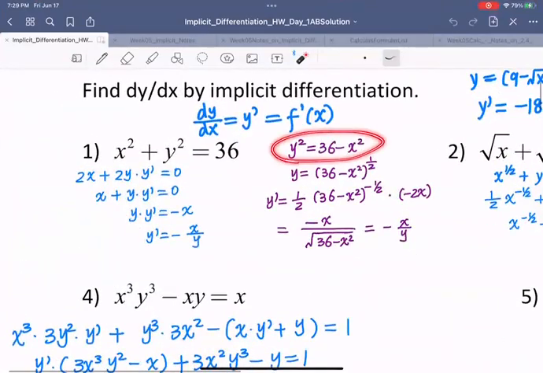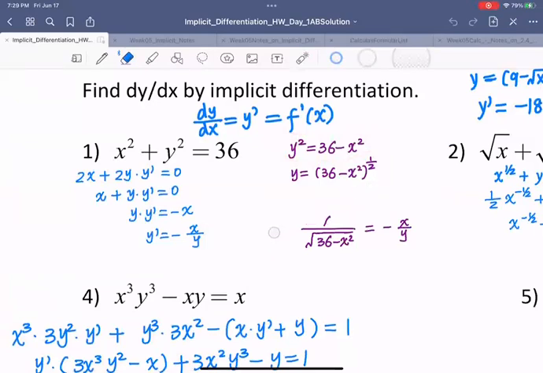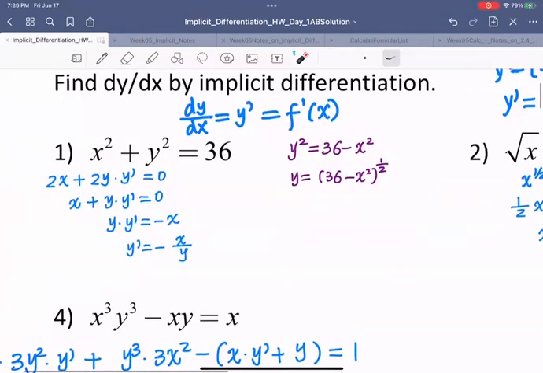So let me show you the first example. You have here, so you move the x squared to the right, you have this. And you may say, I think you have to put plus or minus over here. That's true because you don't know if your y is positive or not. But let's first suppose it's positive. And then when we come here,